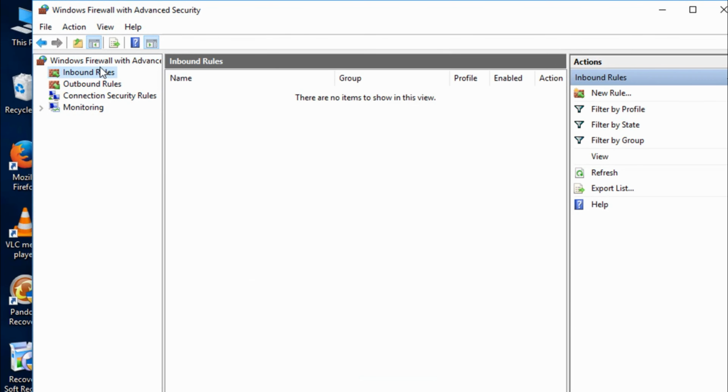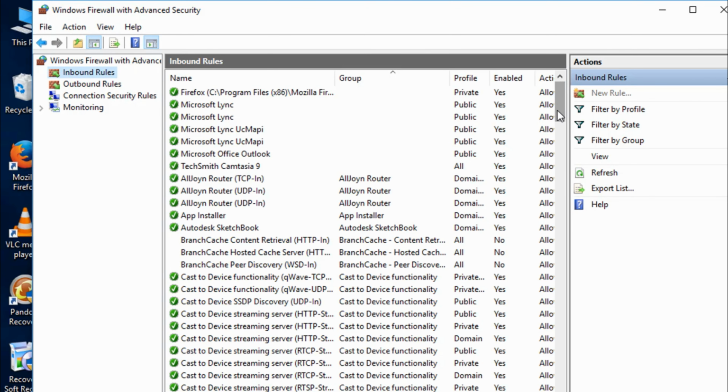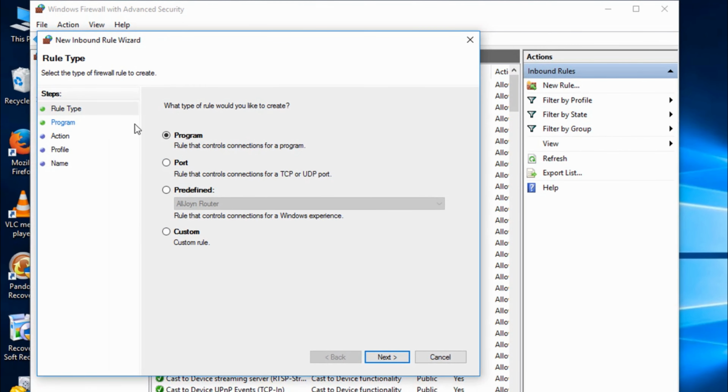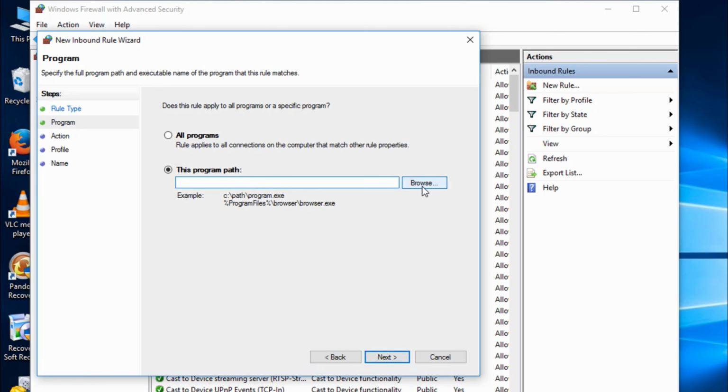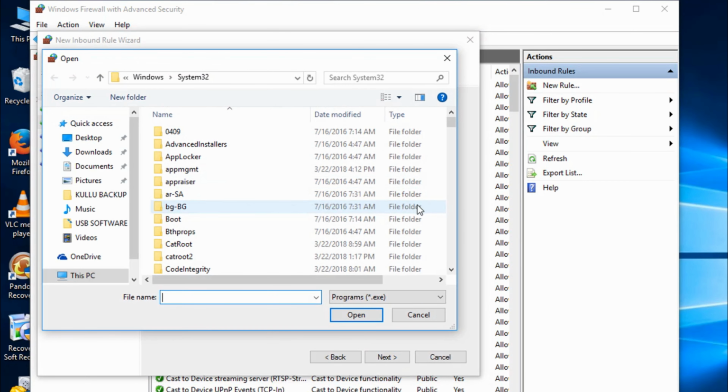Under that, select Inbound Rules and here create a new rule. Select Program and click Next and browse to your Windows Upgrade folder that is placed in your C drive.